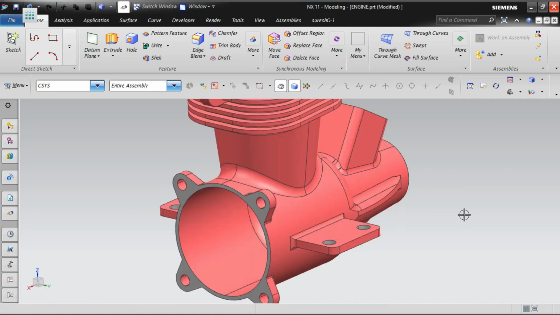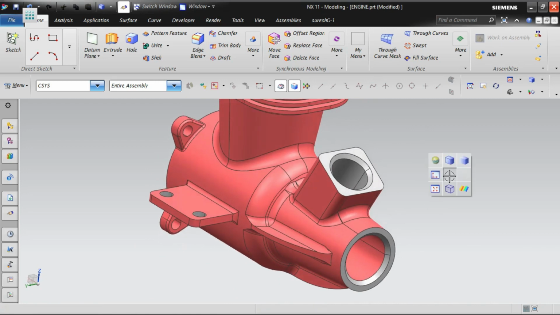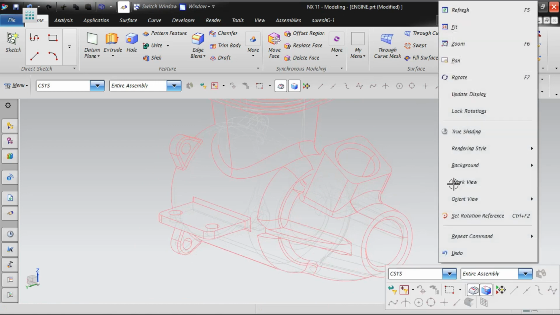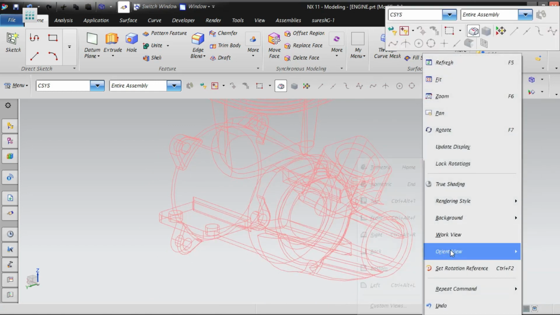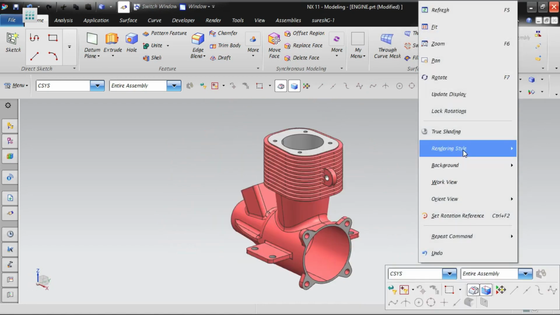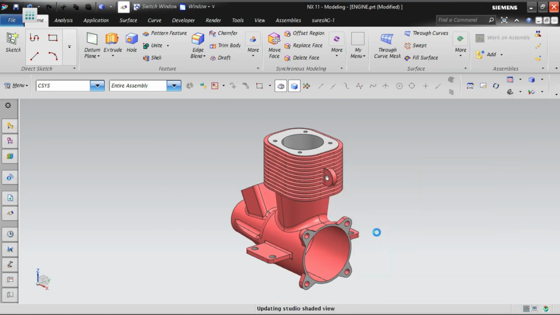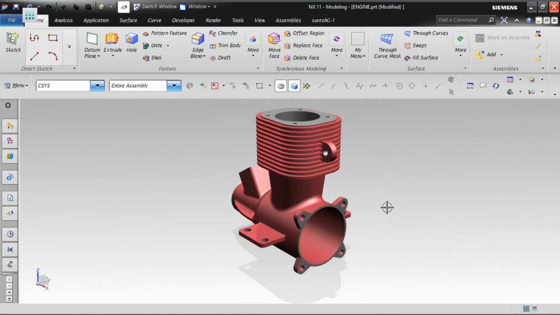And the studio means it's a photorealistic image, so that can be used to show for customer presentation purposes. It's like when we are setting the light in different directions and applying a material for the particular solid body, then based on the material and the lighting, the reflections will be there. The material color also will be applied so that it will give you a very good impression. So that is how the studio is used.